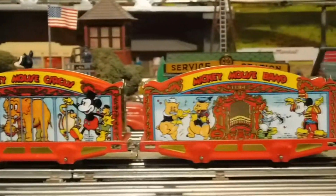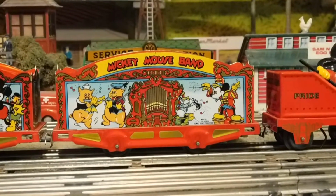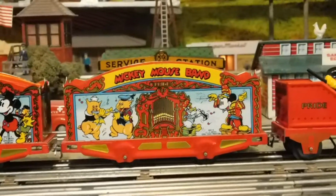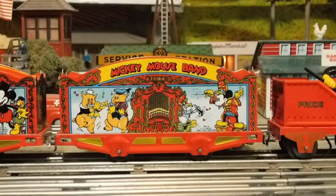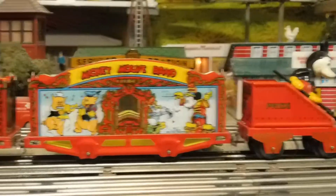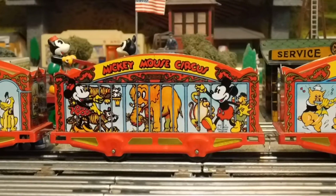And this is the Mickey Mouse band with a wonderful calliope in the middle, and two of the three little pigs dancing, one with the flute, one with the fiddle. A character that appears to be Donald Duck playing a clarinet or something similar, and Mickey is a band leader. And then you go over and see the Mickey Mouse circus car